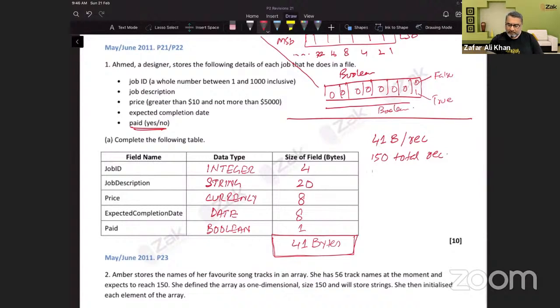That would be 41 multiply 150, 6150 bytes. Now, this is basically the actual size of a file having 150 records,